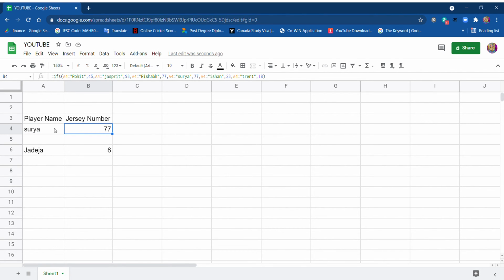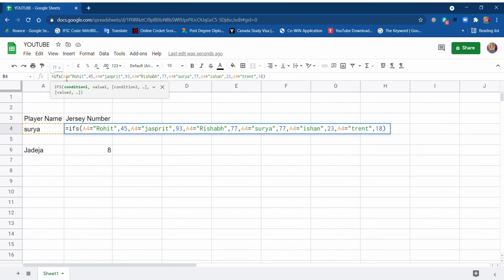I will explain once again. Ifs is nothing but multiple criteria. The first criteria here is A4 is equal to Rohit, then it will give me the value 45. The second criteria is if A4 is equal to Jasprit, then it will give me 93. The third criteria is if A4 is equal to Rishabh, then it will give me 77.